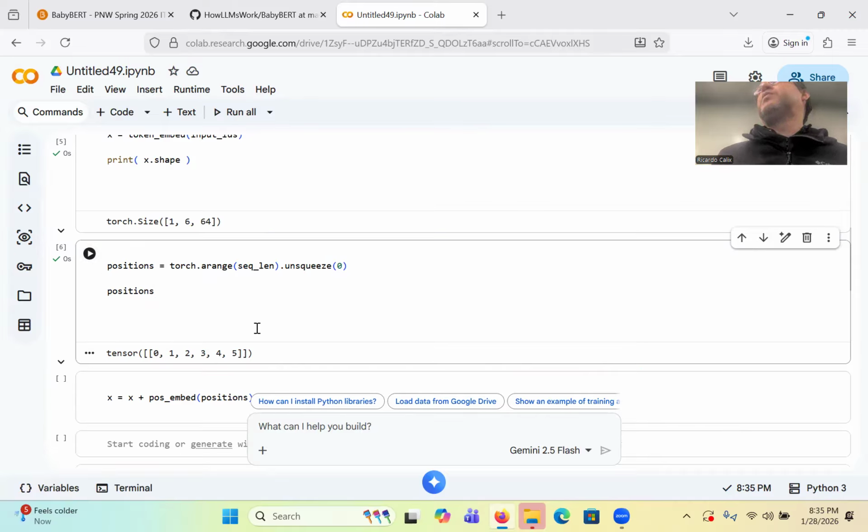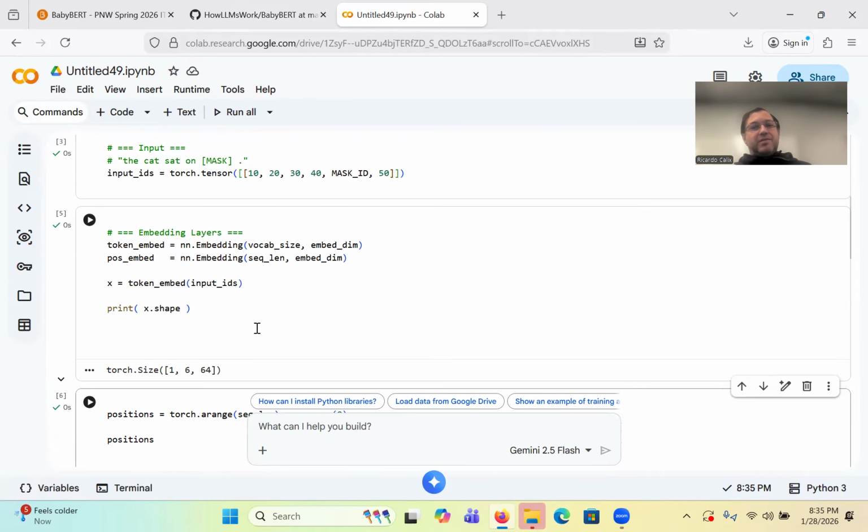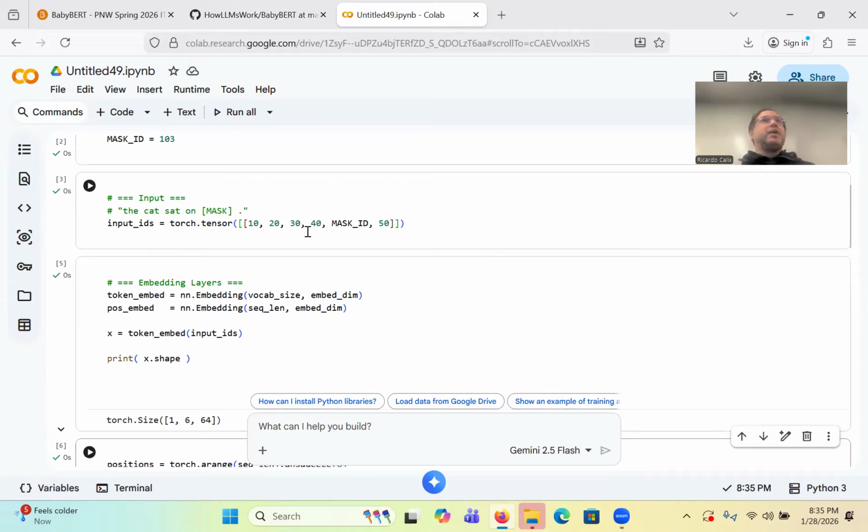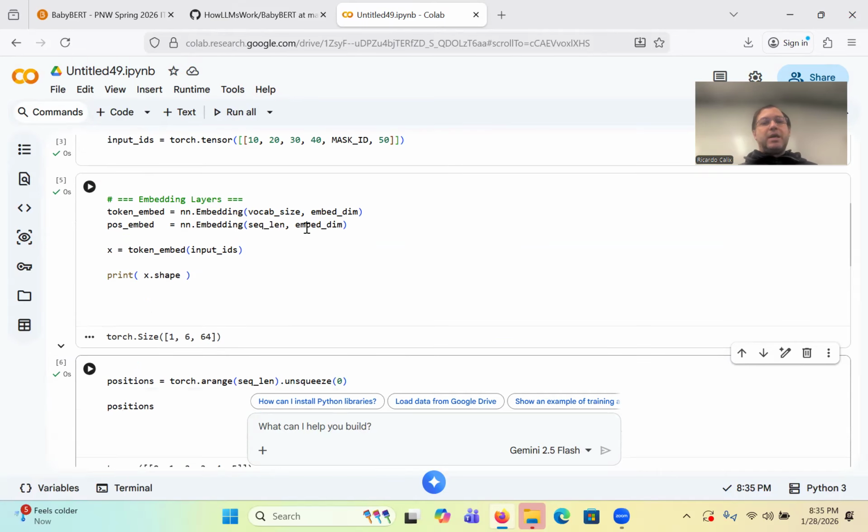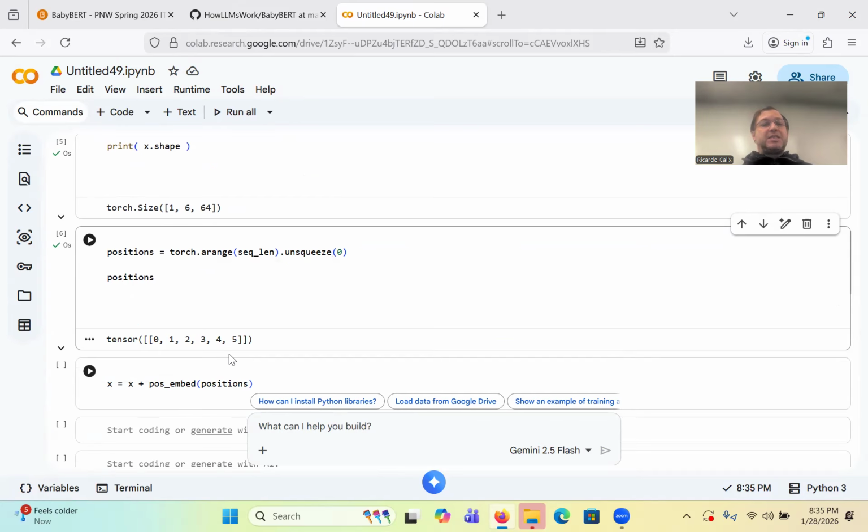So you just create 0, 1, 2, 3, 4, 5. And that's the trick. Just like before, we had IDs such as 20, 30, 40 to indicate a specific word. Now we're providing 6 things, but this means the first, this means the second, the third, and so on. So we're keeping track of the